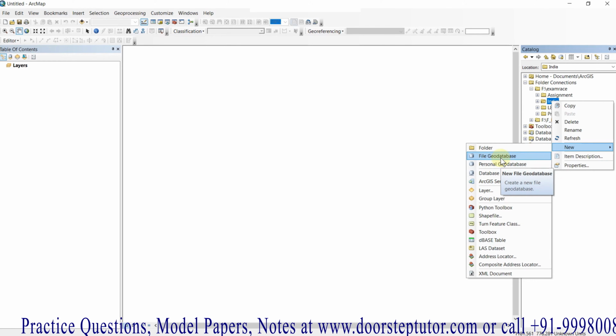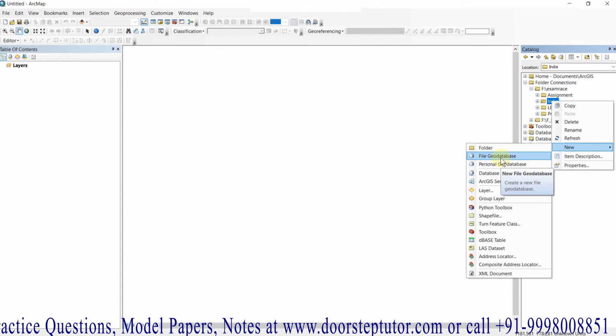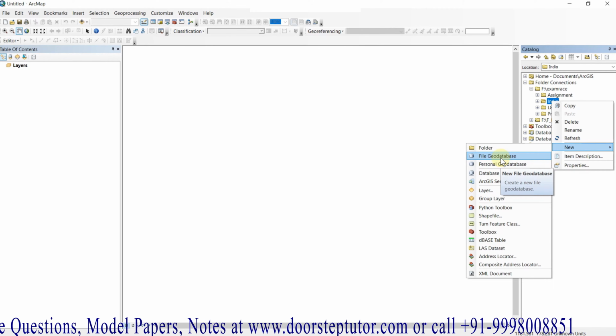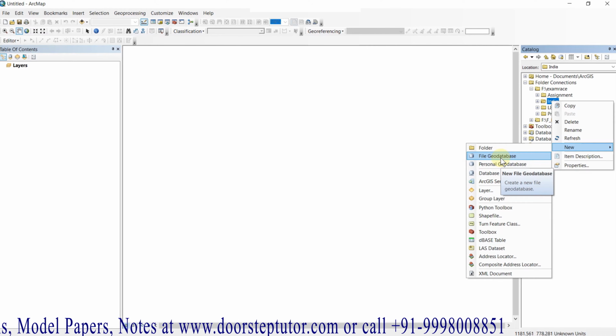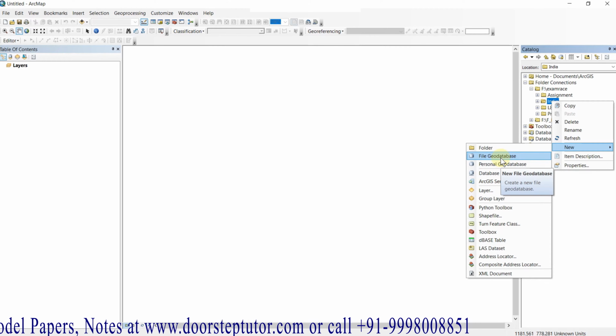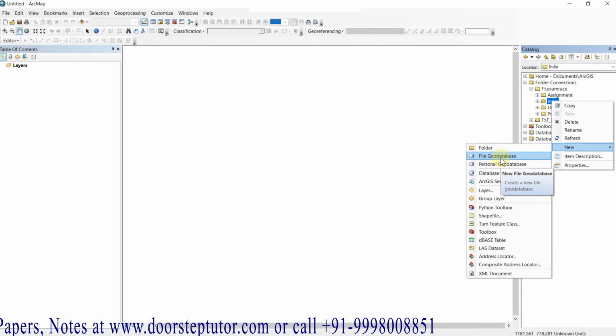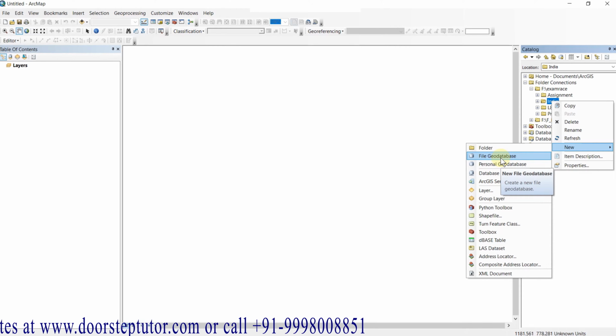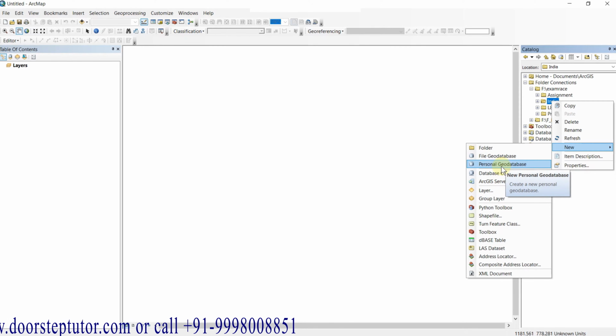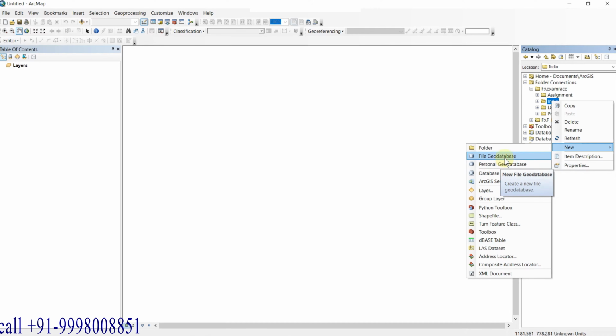So today we are going to know what is a file geodatabase. It is a collection of various types of GIS dataset in a single file system. Each dataset size maximum is 1 TB, so you can add as many datasets as you want to your geodatabase. And the personal geodatabase is mainly stored and managed in a Microsoft Access data file, and the size is maximum 2 GB only. So now we are going to create a file geodatabase.